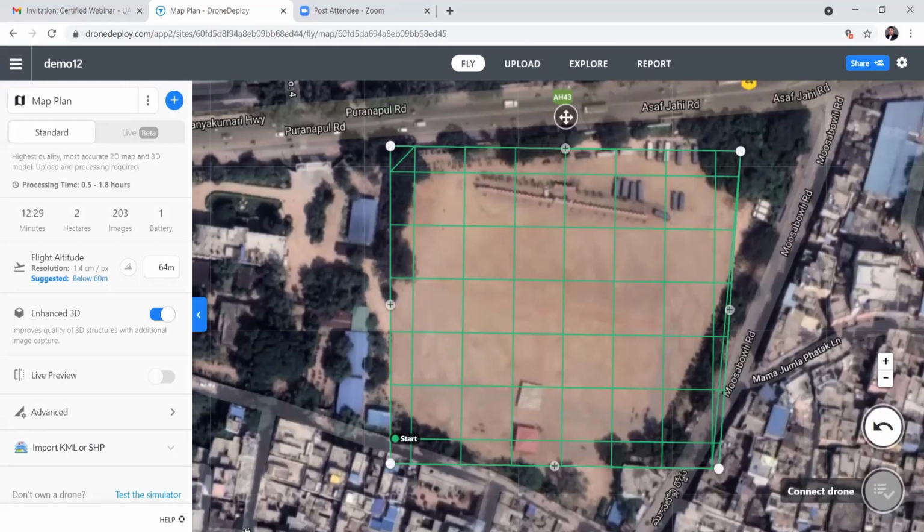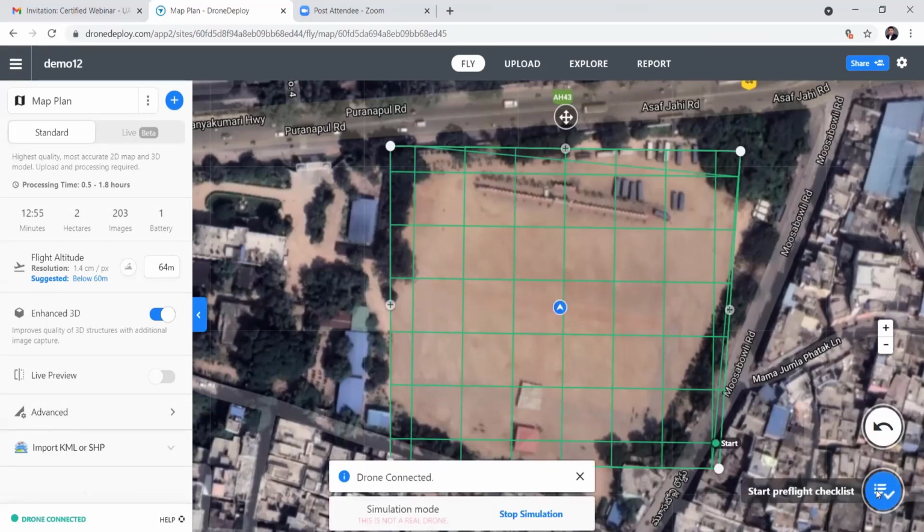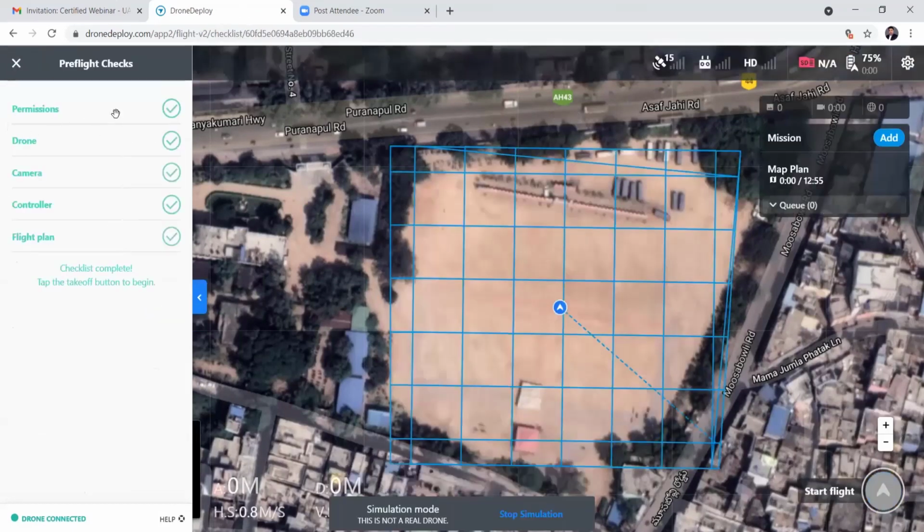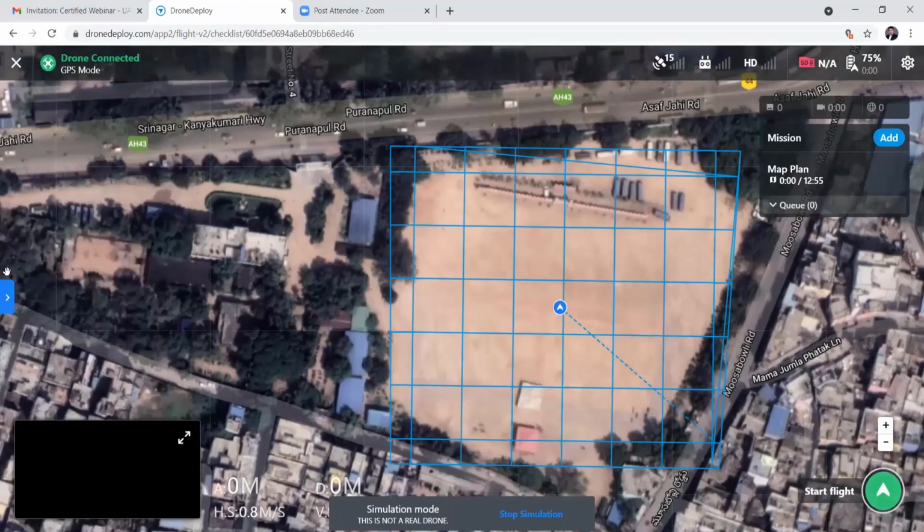If you test the simulator here, we do a pre-flight check, and here all permissions are granted. Permission means that before we fly there are some DGCA rules. First of all, no permission, no fly. This is the first rule. First of all, we have to take permission from the nearest airports. If it is an international airport, there is a buffer boundary of 3 kilometers, and for a national airport a buffer of 1 kilometer. We have to take permissions accordingly, and then plan the flying part accordingly.